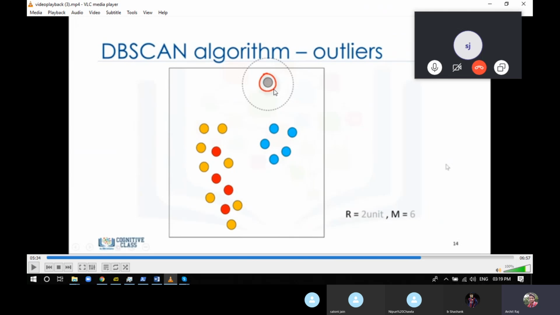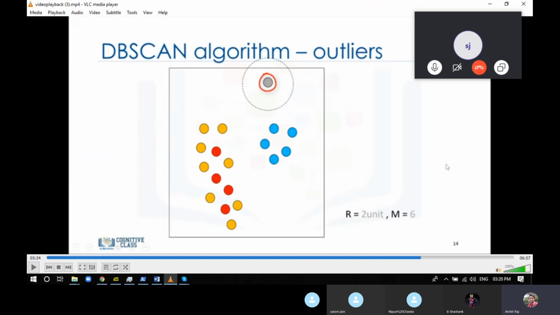Now let's consider this particular point. We'll make a 2 unit radius circle. Now we'll see that there is no point inside it, not a single point. Even if it had a single point inside it, it wouldn't have worked, because it has to have at least one core point, since we have to decide between 3 types: core, border or outlier.